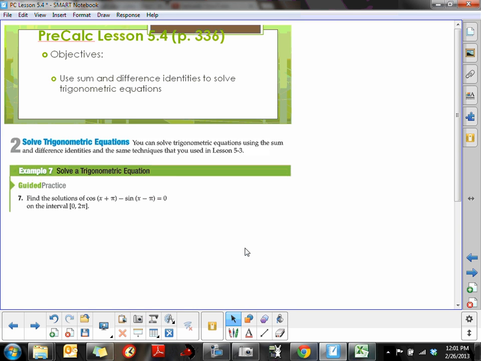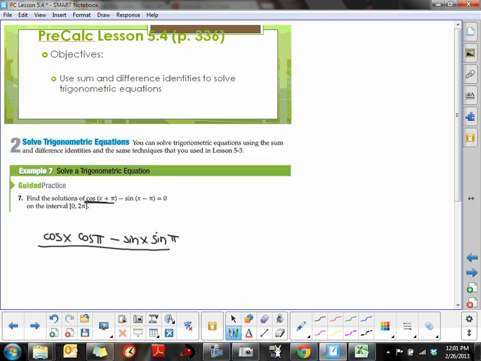So we start this problem off by using our cosine of the sum identity, which means we have to take the cosine of the first angle times the cosine of the second angle. Then we have to subtract the sine of the first angle times the sine of the second angle, which is pi. So I've just evaluated this by using the cosine of a sum. Then we're supposed to subtract from that, so minus the sine of a difference, which means you take the sine of the first angle times the cosine of the second angle, then minus cosine of the first angle times the sine of the second angle